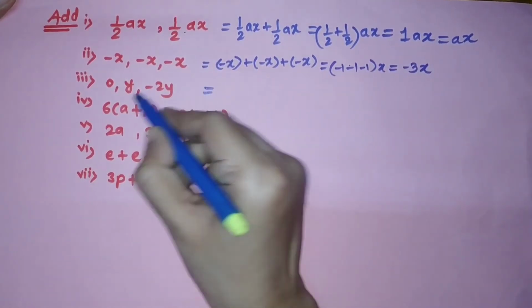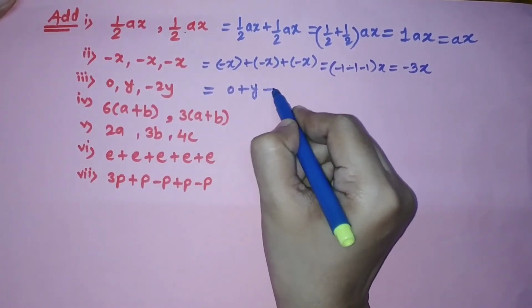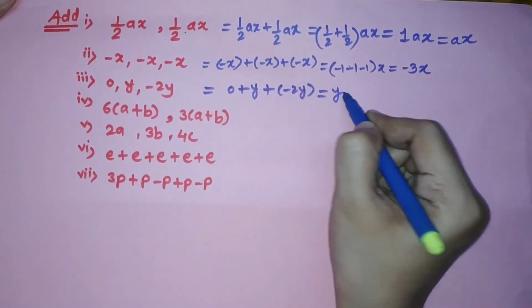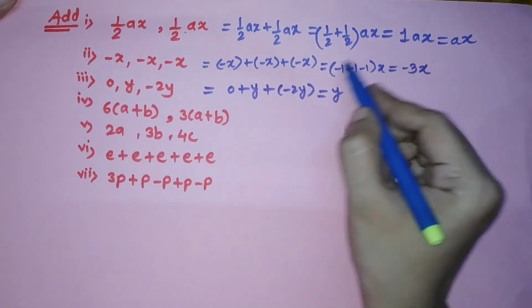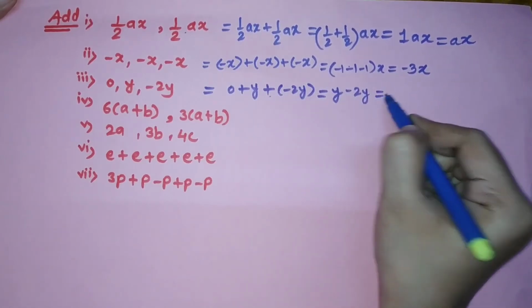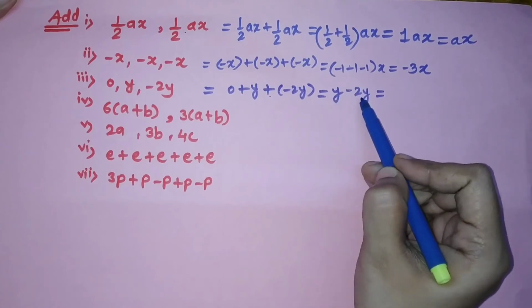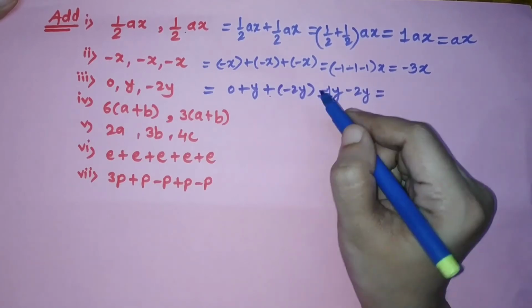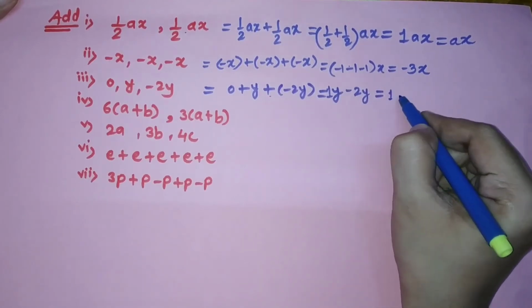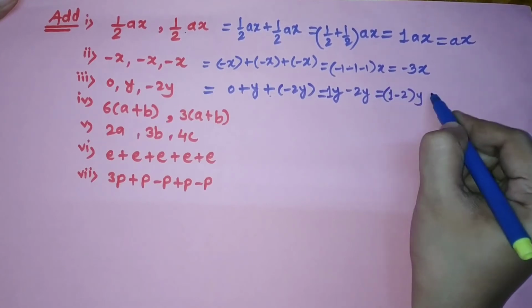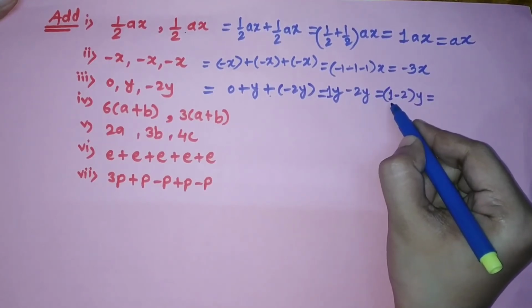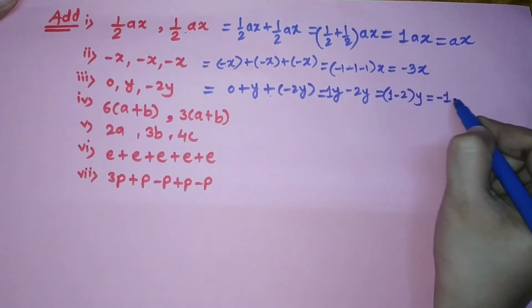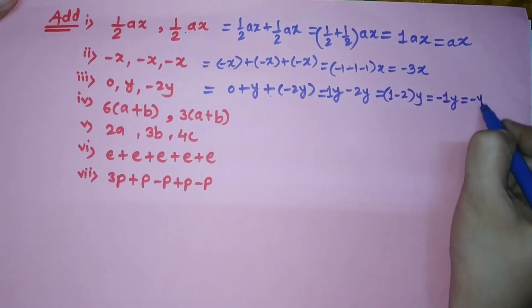So next you need to add 0 plus y. You need to add with minus 2y. 0 plus y means y only. You are adding nothing means that itself. And here minus 2y. Friends, see here now y minus 2y is there. You just carefully see here y is not alone here. By default 1 is there. 1y minus 2y. So what we need to do, 1 minus 2 we need to perform as they are like terms. 1 positive integer, 1 negative integer. We'll perform a subtraction. 2 minus 1 will give minus 1y. Or just simply you can write minus y.